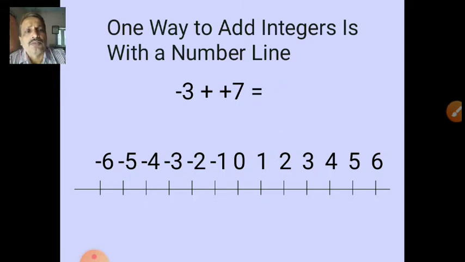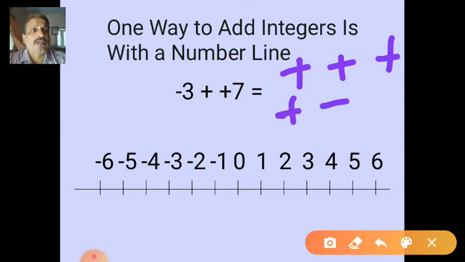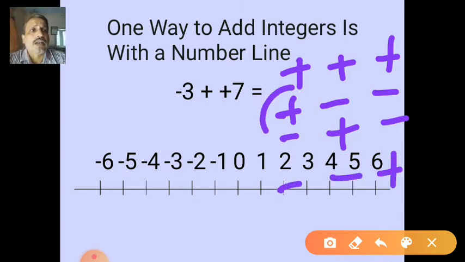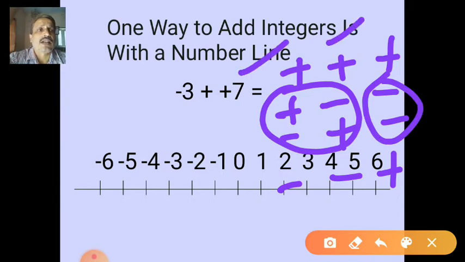Sorry, minus 3 plus 7. Plus always gives plus, right? This table we already studied. Once again I draw it here. Plus into plus gives us plus. Plus into minus gives us minus. Minus into plus gives us minus. But minus into minus gives us a plus. Or you can say whenever the two signs are different, the answer is always negative. When both signs are equal, the answer is positive. See, minus minus plus, plus plus plus. Good.